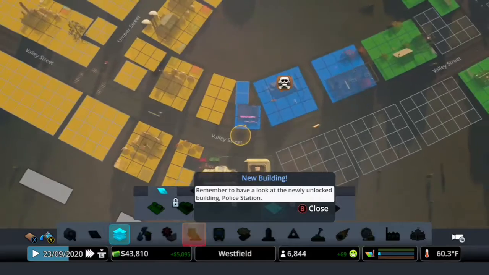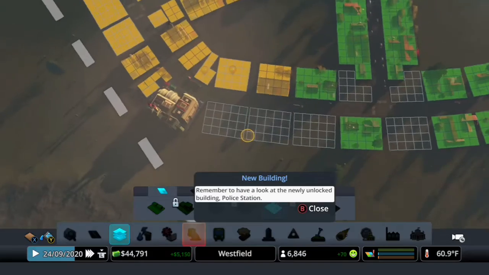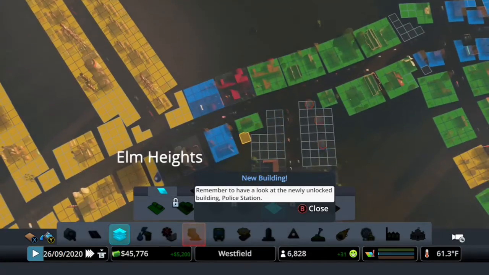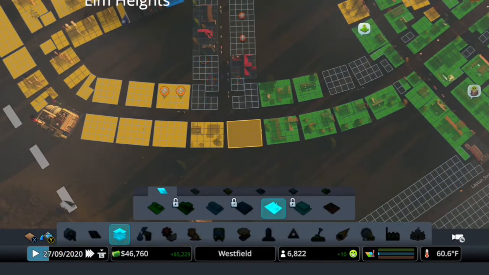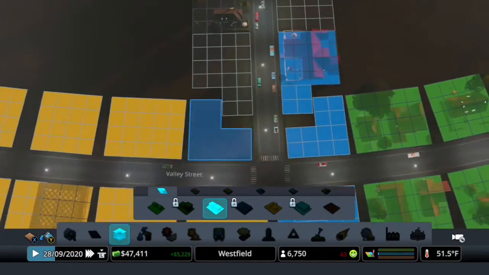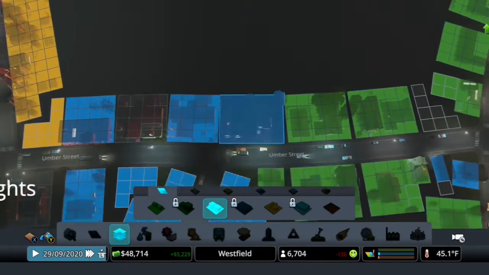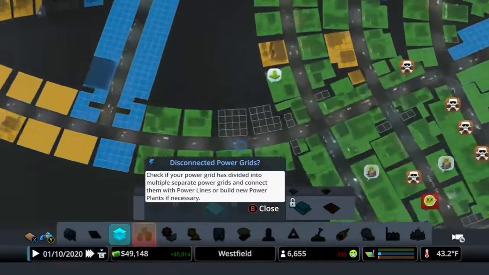So in fact, because we're getting rid of a lot of industrial, I think what we'll do is zone all over here as industrial, and we'll do this area as commercial. So we'll build commercial along this road. And over here. That should avoid the...